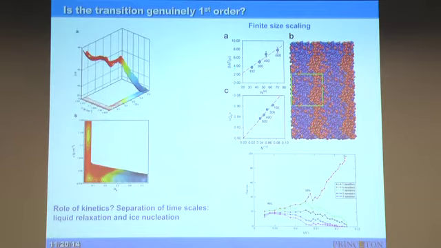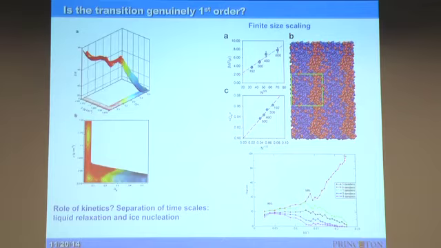But here we plot, as a function of the number of molecules in the simulation cell, the free energy barrier at coexistence. If we have a first order separation line, this should increase like the surface separating the two coexisting liquids, and indeed the simulation data are consistent with this